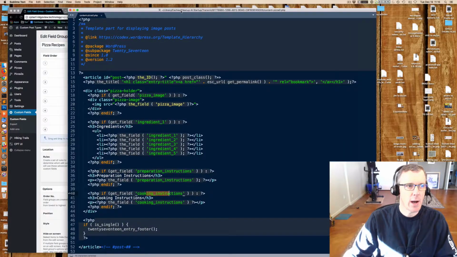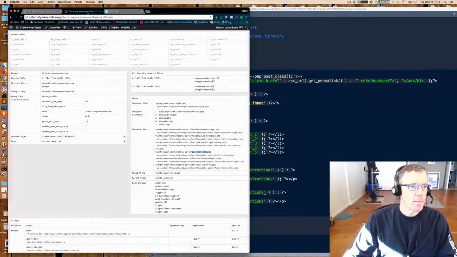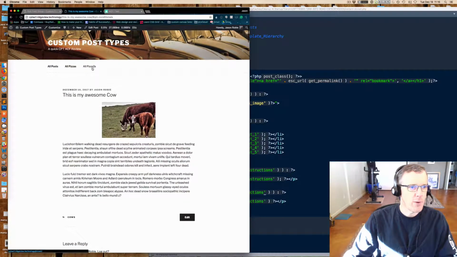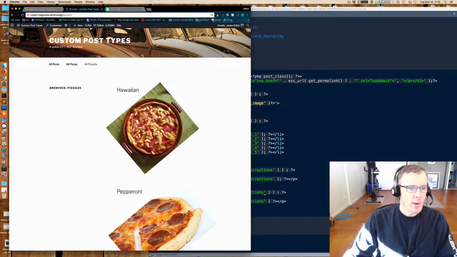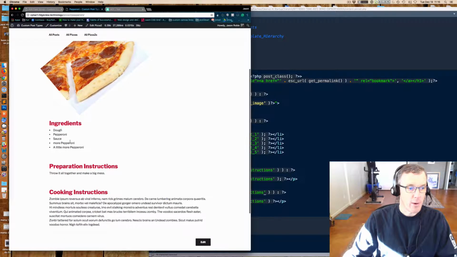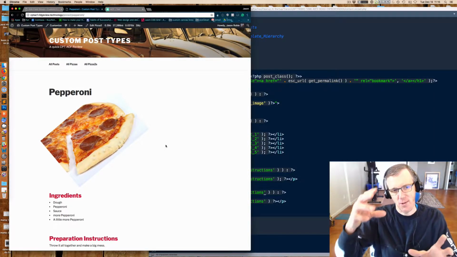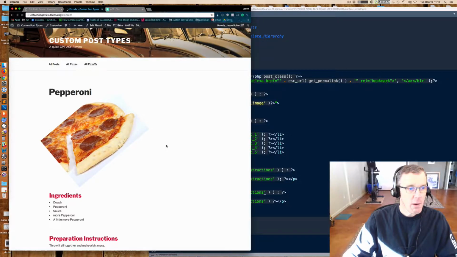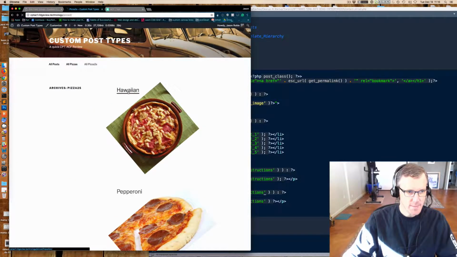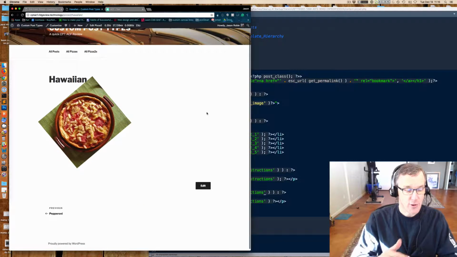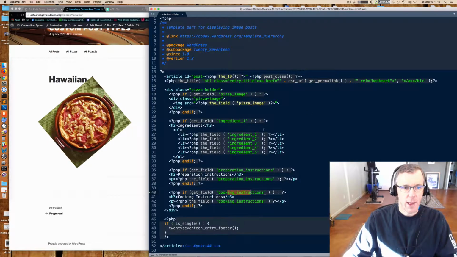Let me just show you how that looks on the front end. We'll go back up here to pizzas 2, and we know we have information in pepperoni, right? So if I go to the pepperoni file, we have ingredients, preparation instructions, and cooking instructions. Everything is there, and then we have an image that I messed around with some CSS. However, if we go back to Hawaiian, you'll notice that there's nothing there. Now, if I had not put this, well, let's just comment it out, right? So if I comment that out